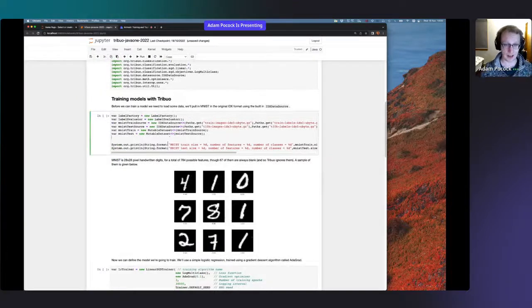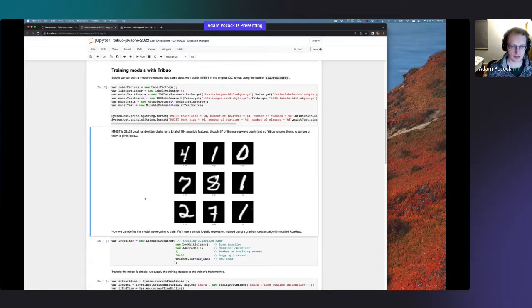So after we've got past the standard things you have to do, the first thing we need to do to be able to train a machine learning system is to actually load some data into our machine learning system. So we're going to instantiate 2 data sources, this training one and this test one, and then we're going to fold them into data sets, and it's going to print out a few things.